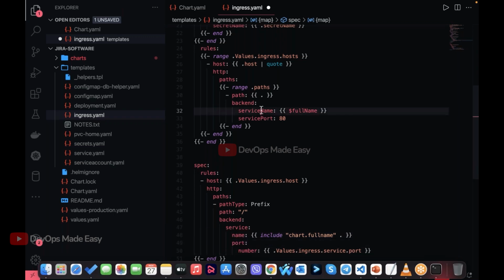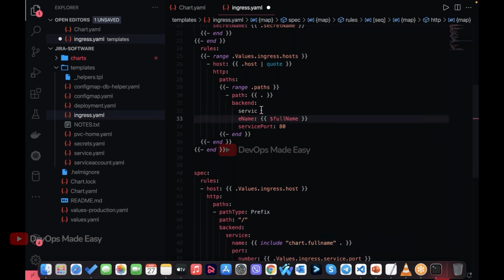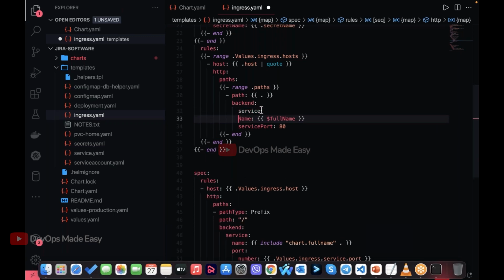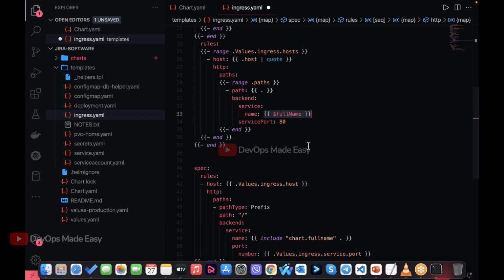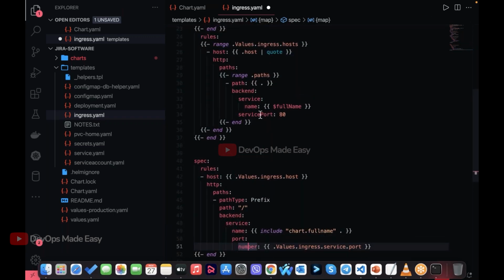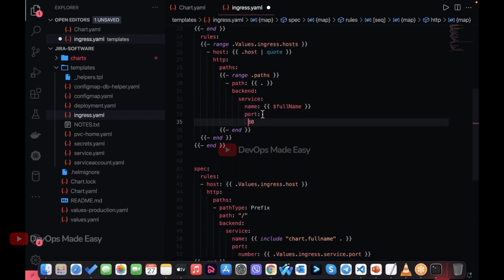it should be service name and port number. So it should be service, and then name, and the name it will automatically take from the full name, and then port and number. So it is not service anymore, it is just port with a small p, and then in the next line it should be number.